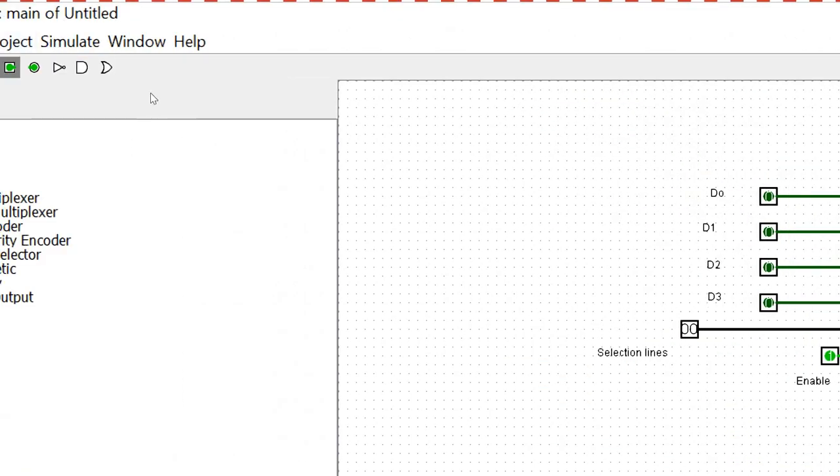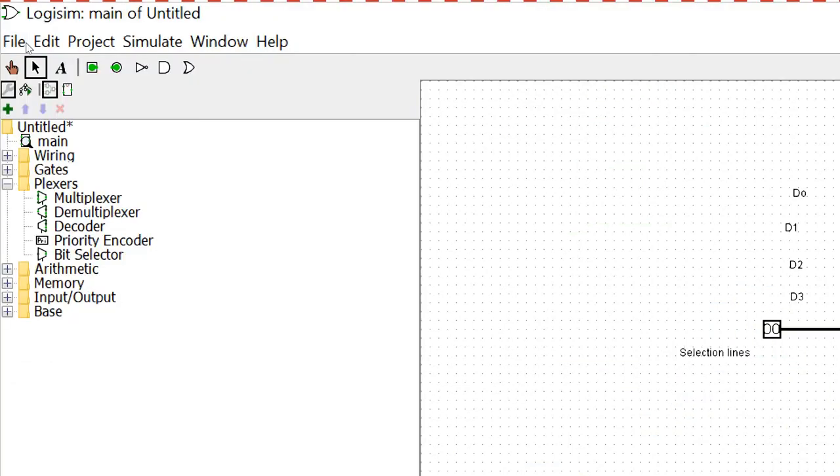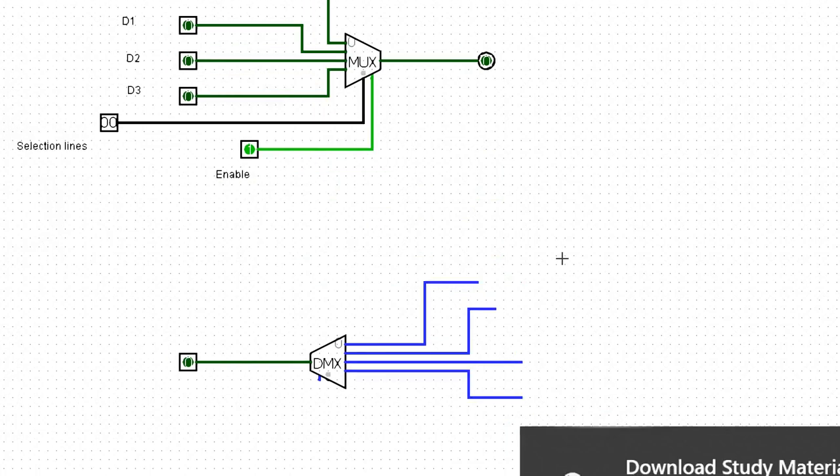Now I will connect the inputs as well as the outputs. So for the demultiplexer this will be the input, and these are the outputs.